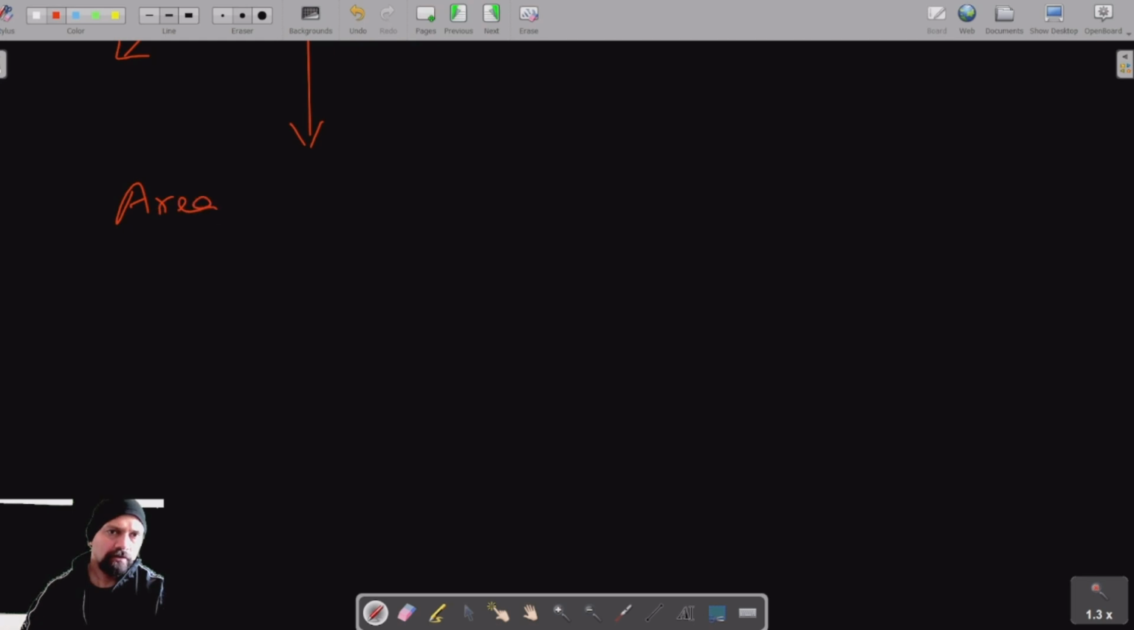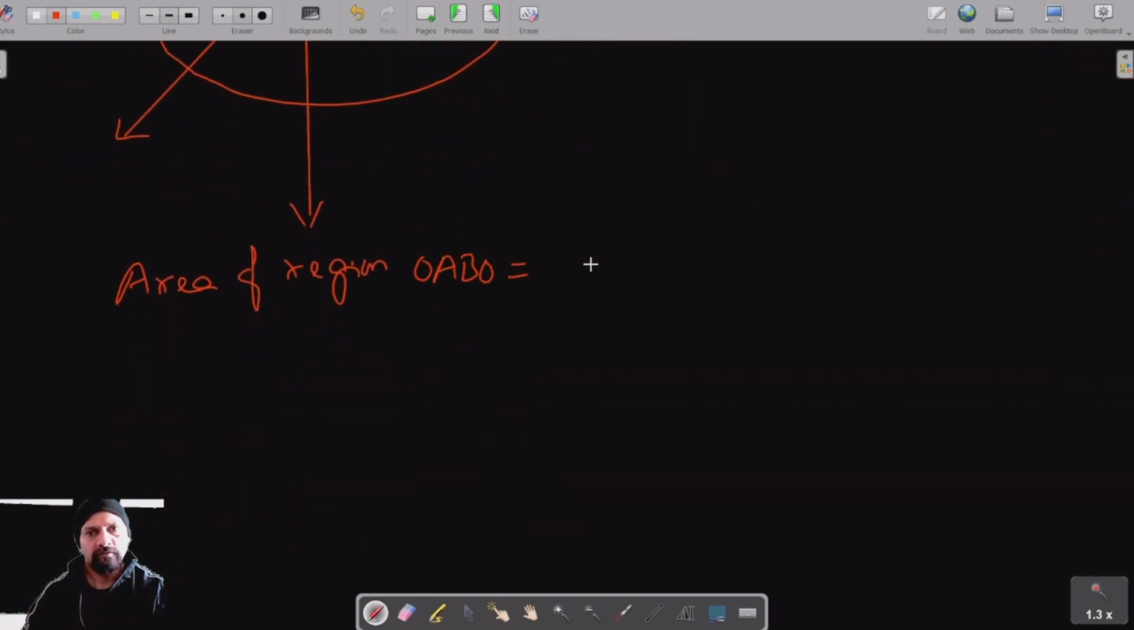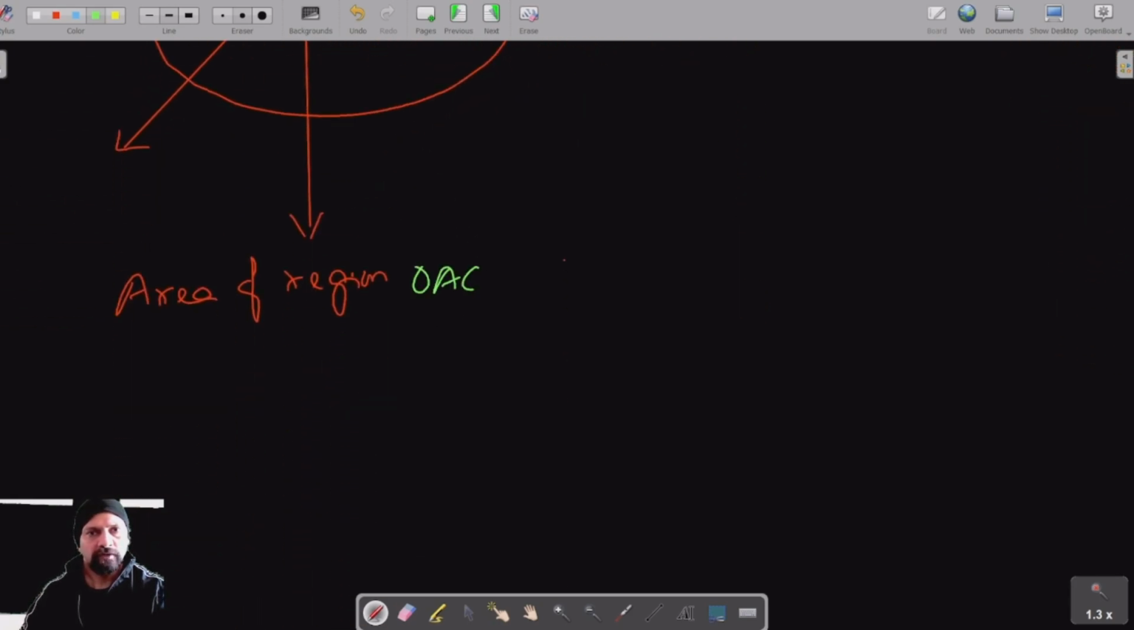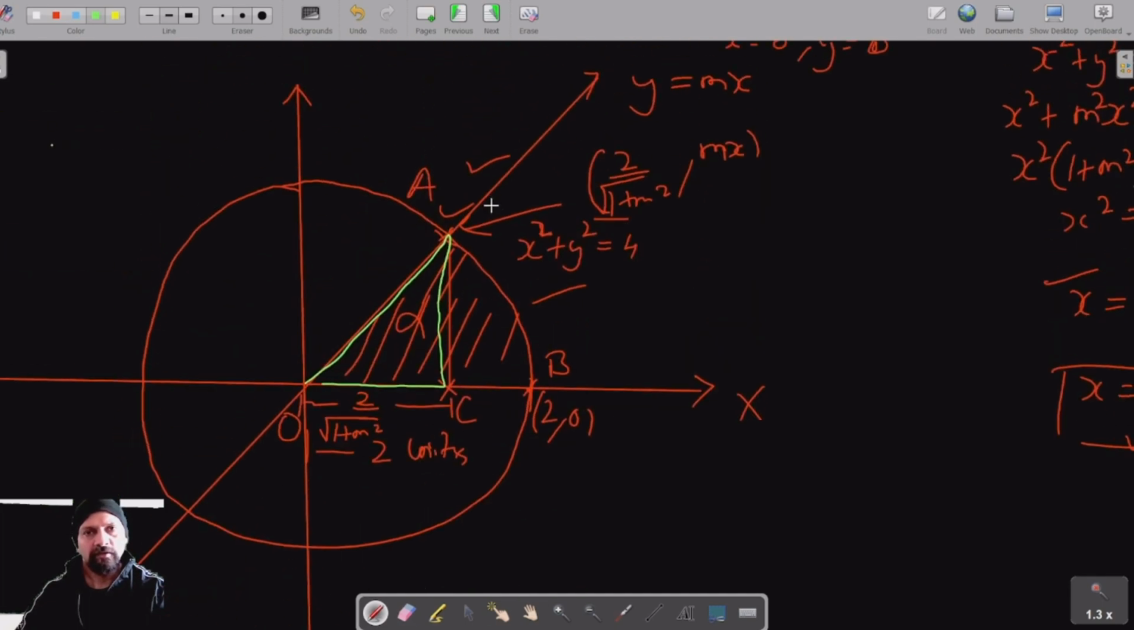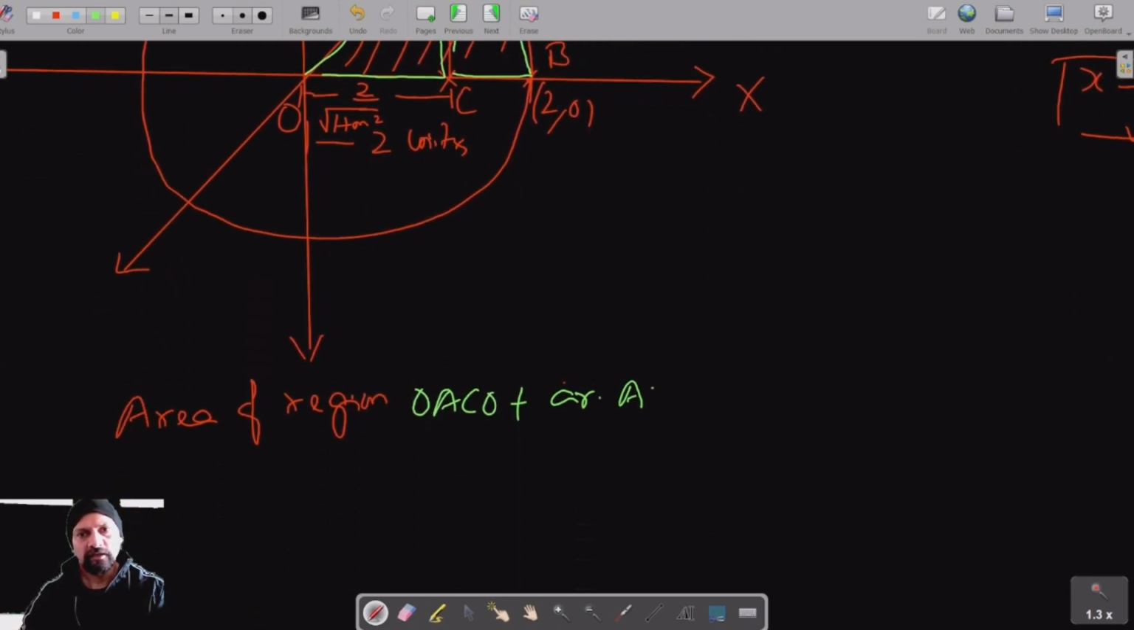So the complete region is OABO. Let me write it this way: the area of the region OACO plus the area of region ABCA. This is given as pi by 2 square units, and we have to find the value of